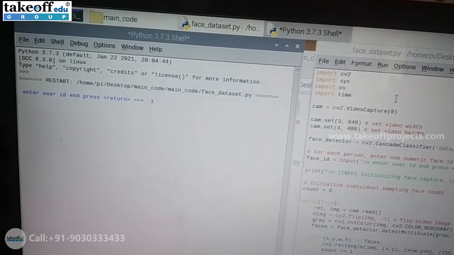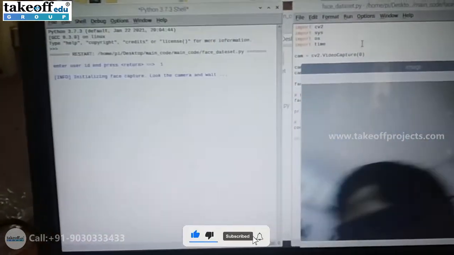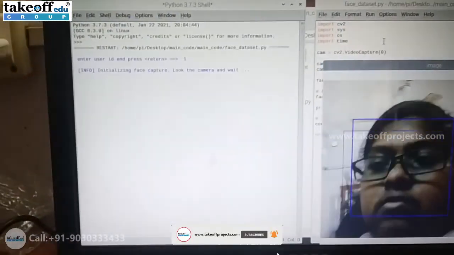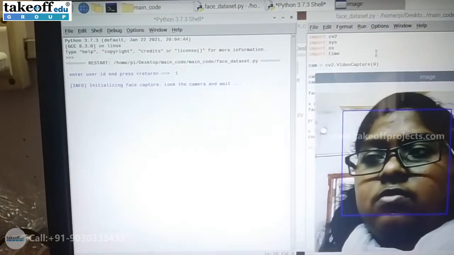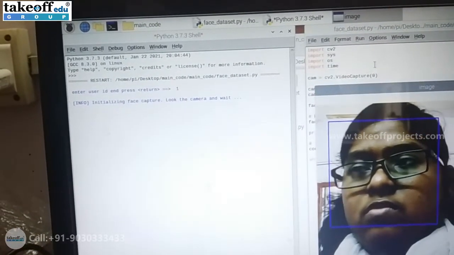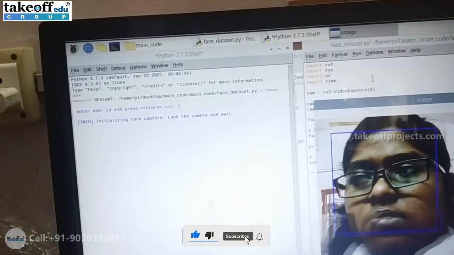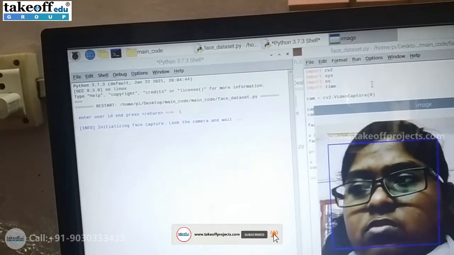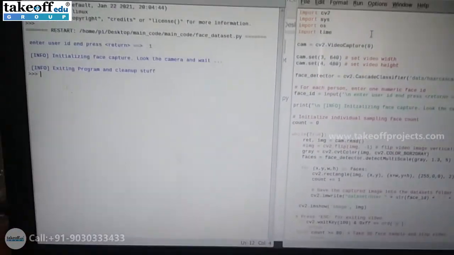After entering that number, click on the enter button and show your face to the camera. After taking 80 samples, it will automatically close by itself.